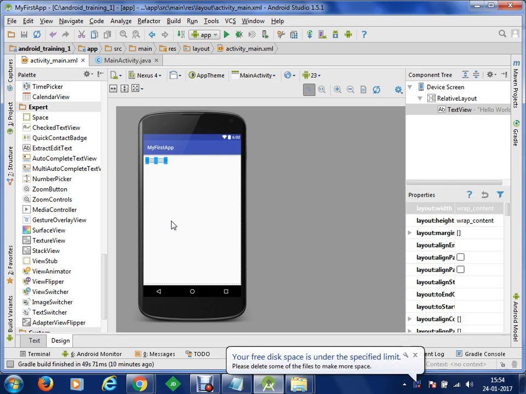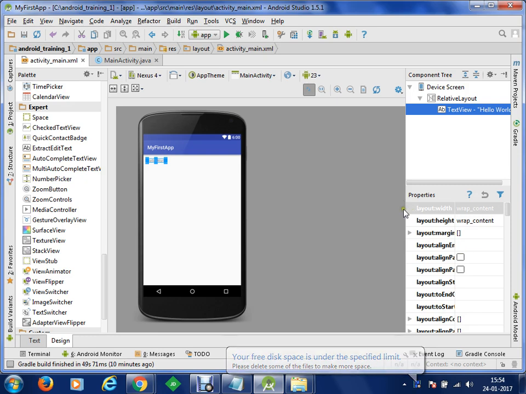So in that case we use the component tree, where you can select any control and manage its properties.